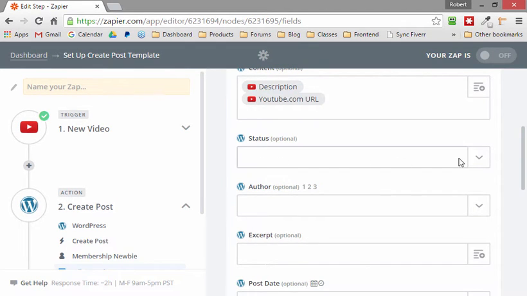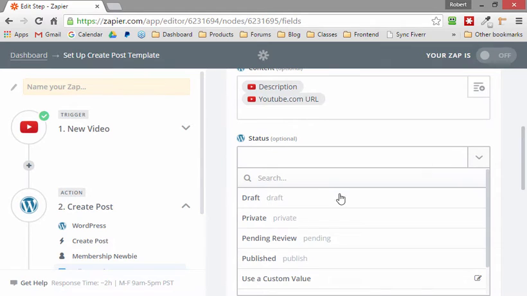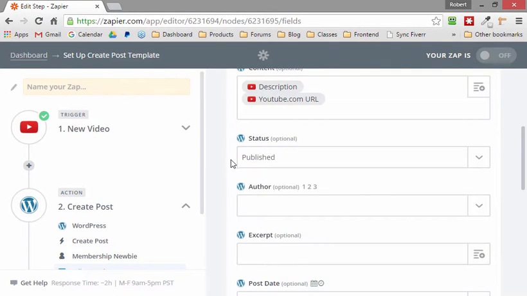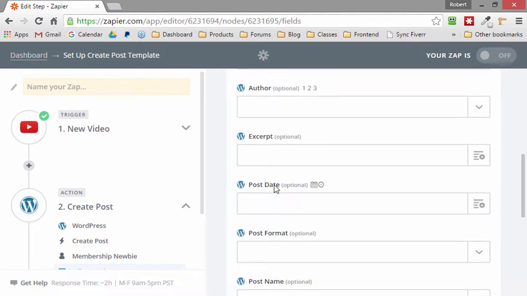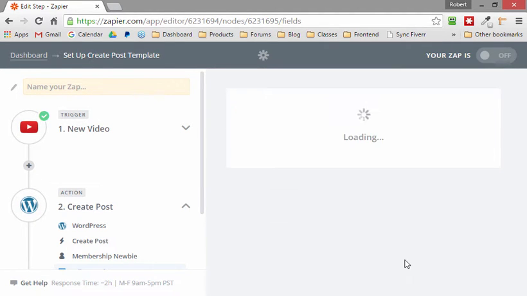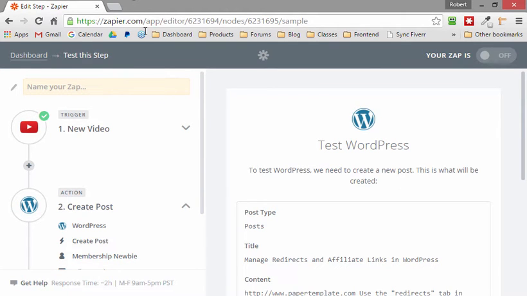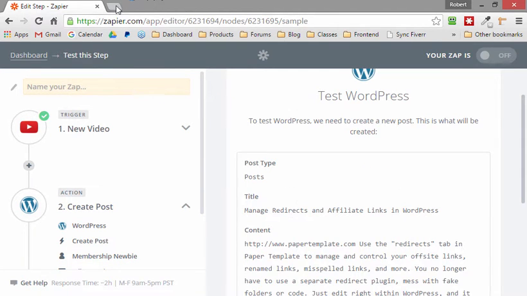And then the one trick on WordPress itself is we have to say that it will be a published post, otherwise it will show up as a draft post. So then that's everything. We don't care about the category, post format, any of that stuff. So we'll click on continue. And so here we go. So if I check